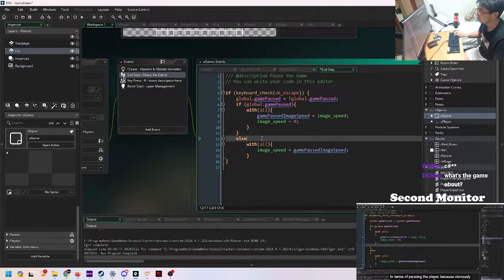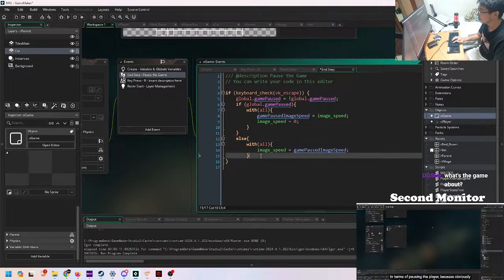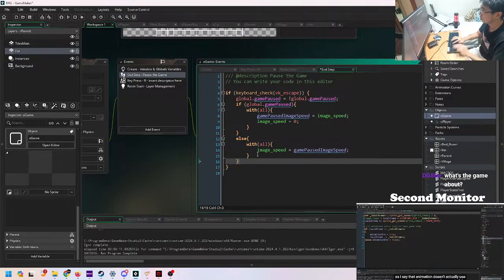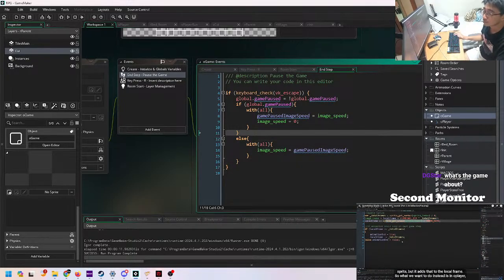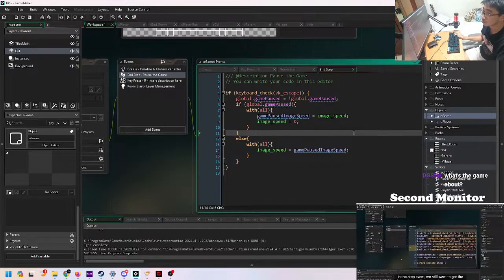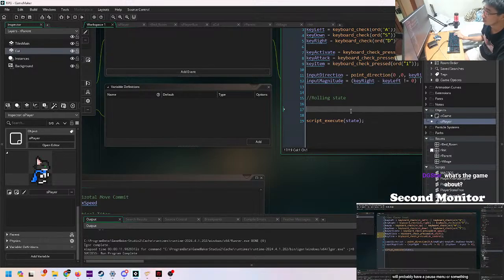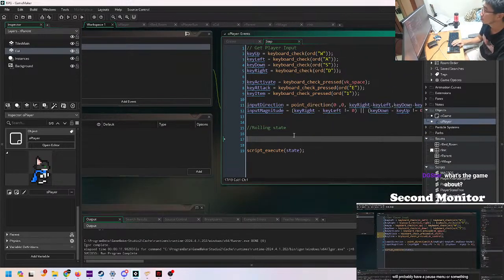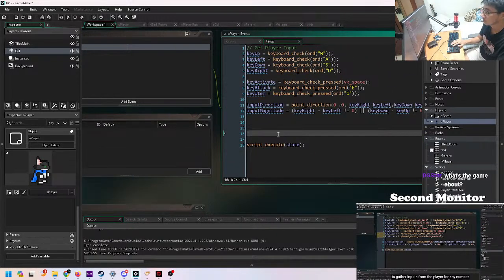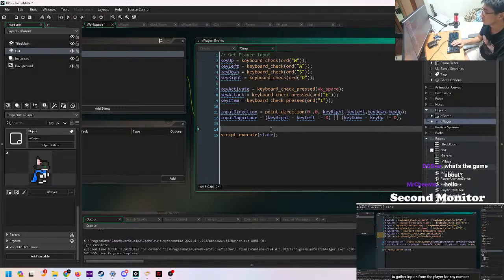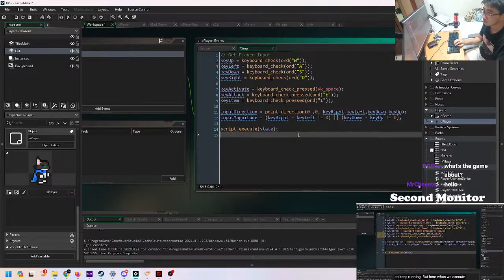In terms of pausing the player, because obviously they've got logic to carry out, and as I say, their animation doesn't actually use image speed. It gets the speed of the sprite, but it just adds that to the frame. So what we want to do instead is in oPlayer, in the step event, we still want to get the player's inputs, because when we pause, we'll probably have a pause menu or something like that, or we still want to be able to gather inputs from the player for any number of different reasons. So we'll allow all that to keep running, but here when we execute the state machine, I'm just going to